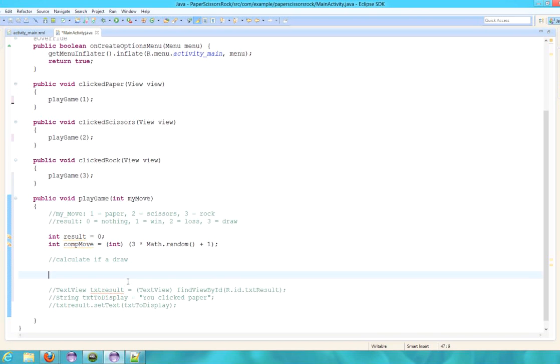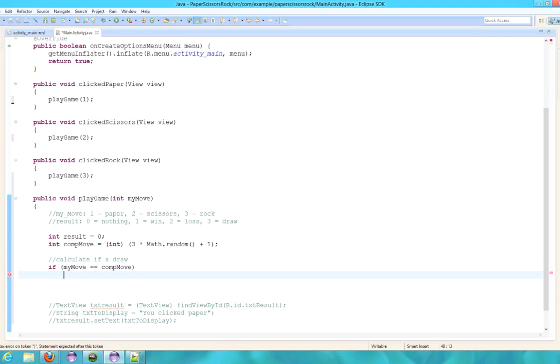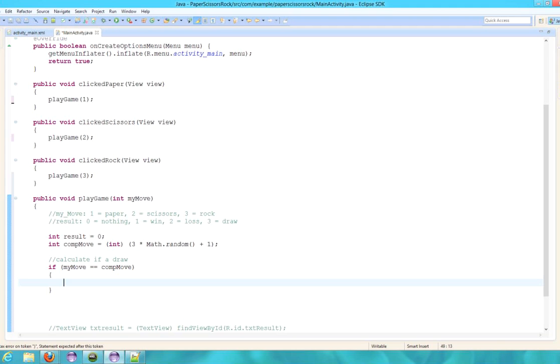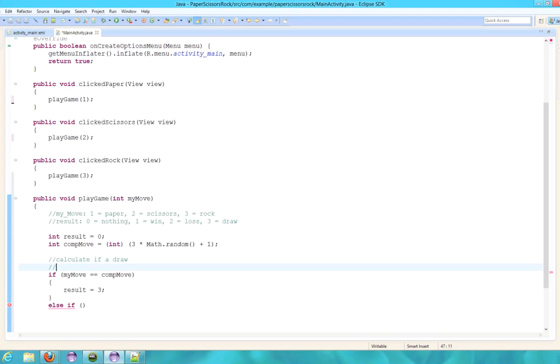So the first thing we need to do is calculate is it a draw. So if my move equals comp move, so if we've both done the same thing, then what we have on our hands is a draw, and so our result equals 3, draw. Okay. Then we can go else if. So what we can do is we can say, is it a draw? If it's not a draw,